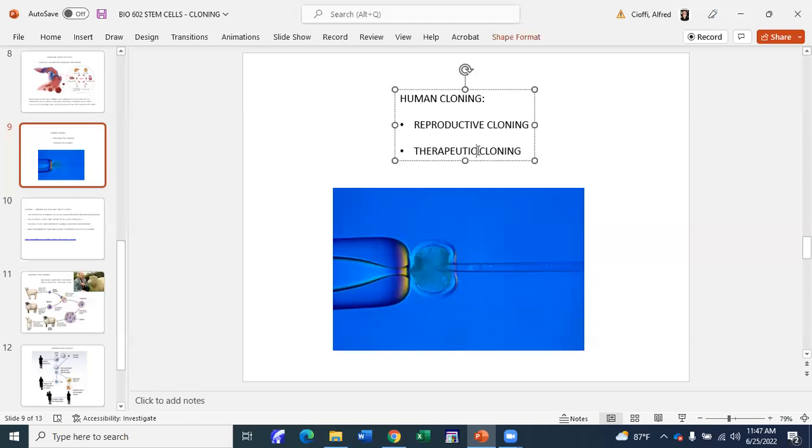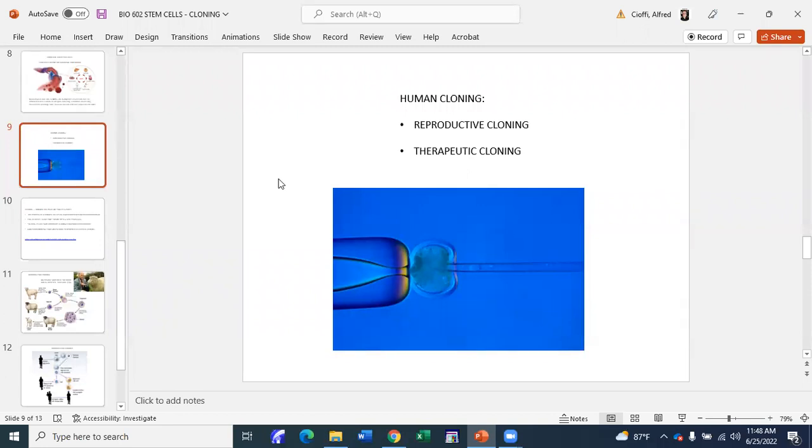Whereas therapeutic is not for the purpose of generating a child for a couple to have a child, but actually to generate human embryos precisely to extract their stem cells, all right? So in other words, a source of human embryos that does not involve fertilization, if you will, all right? And therefore, in the minds of some people, that zygote that is generated, because that's what happens with human cloning or with any cloning, essentially we generate a zygote, okay? But we generate a zygote with a somatic nucleus, not by